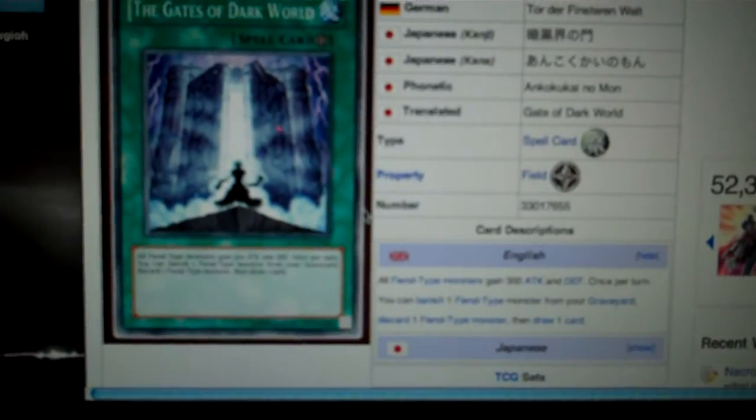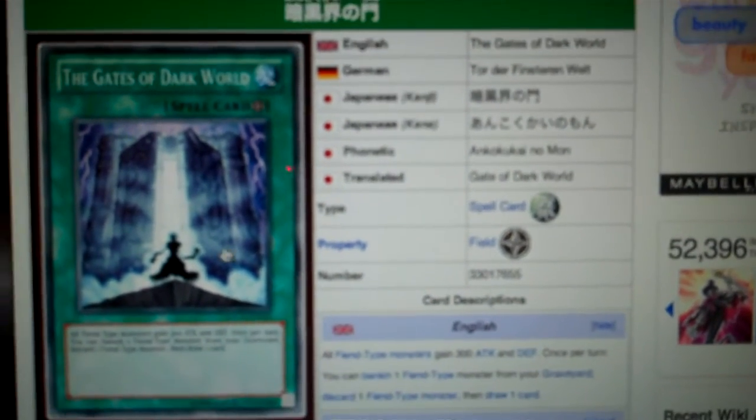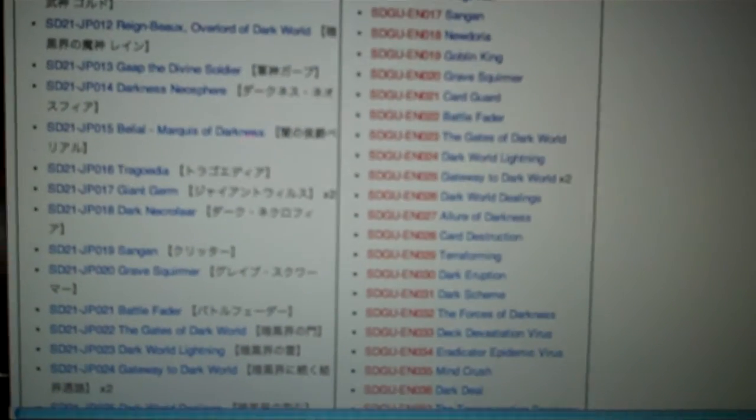Gates of Dark World, this is the field spell. This is brand new. This is pretty amazing. This is kind of another piece of the puzzle for them. In addition to Grapha, all your fiends gain 300 attack and defense, and once per turn you can remove from play a fiend in your graveyard, discard a fiend, and draw a card. So if you remove from play Tour Guide or something, discard Grapha, destroy a card on their field, and draw a card. Or discard Brow and draw 2 cards. It's pretty crazy, and it's a field spell, so...